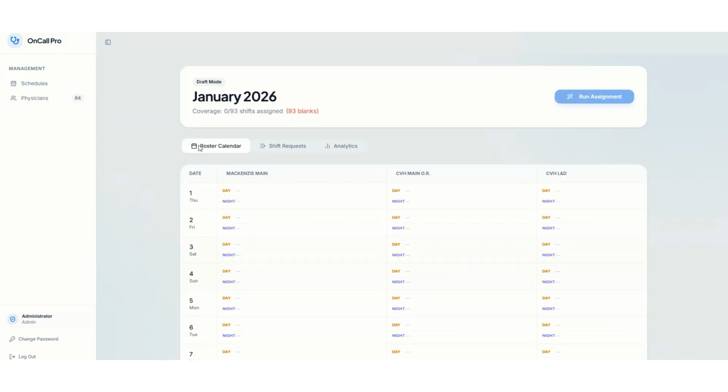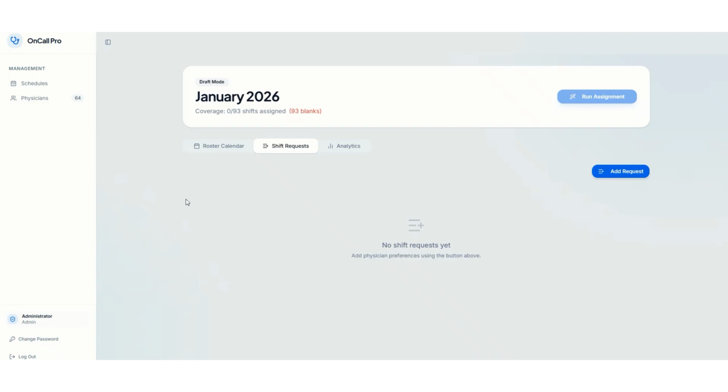You'll see over here there's the roster calendar, which is now being displayed. Let's click over to the Shift Request button. You'll see there are no shift requests yet for this month because we just created it, and there is an Add Request button on the right. If we click on that,